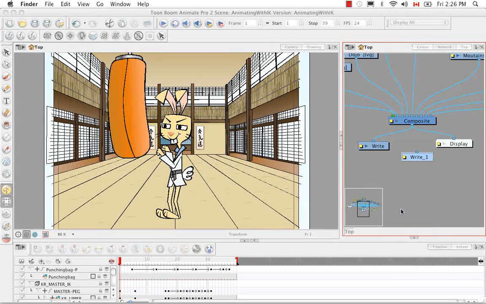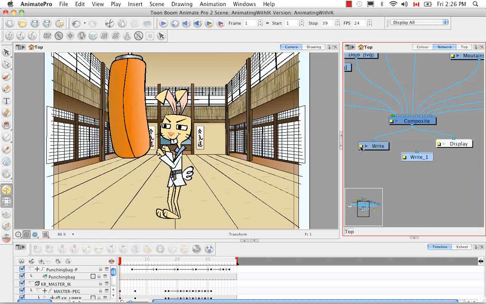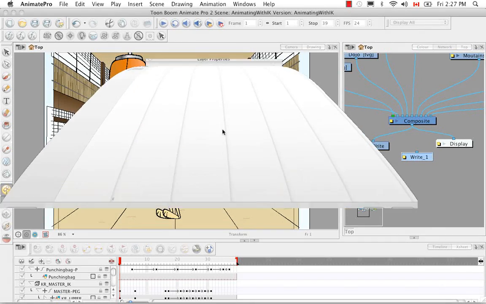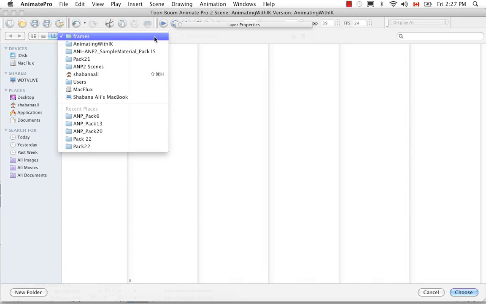So the second thing we'd like to look at obviously is the MOV render. So if I click on this yellow box again, I'll get my same layer properties, and everything that I've changed so far remains as is. So the difference is that if I click on the movie, it disables anything that has to do with the drawing view, but it also reverted back to the default place to save, which is in the frames folder, and the default name for an MOV is output instead of final dash, which it is for an image sequence. So once again, I'm going to select my usual folder,